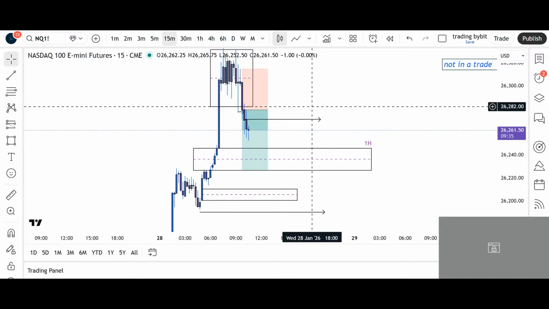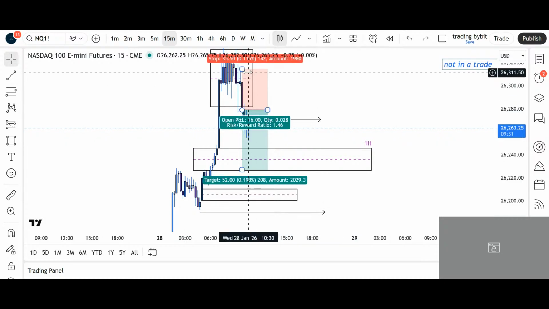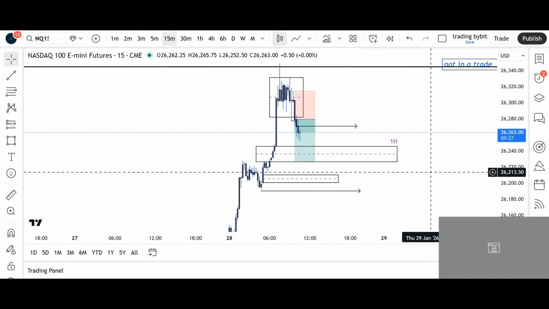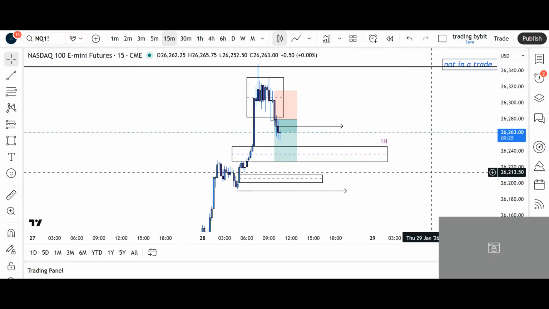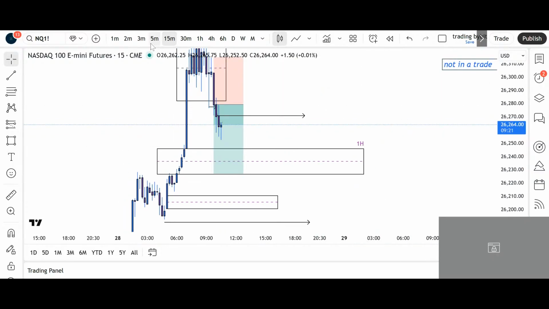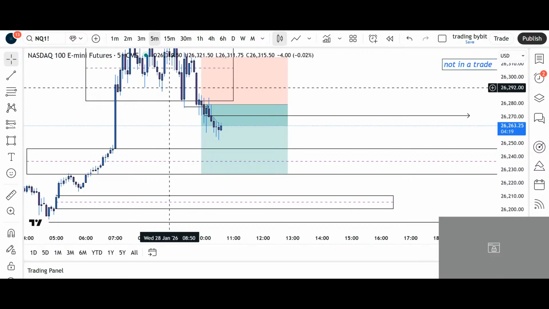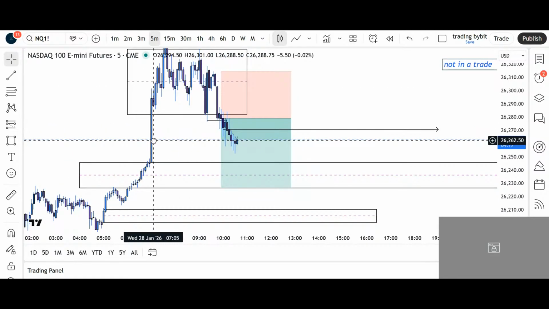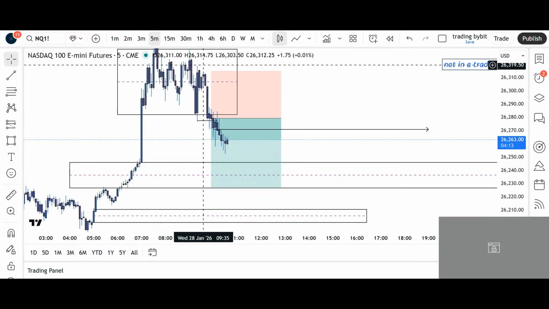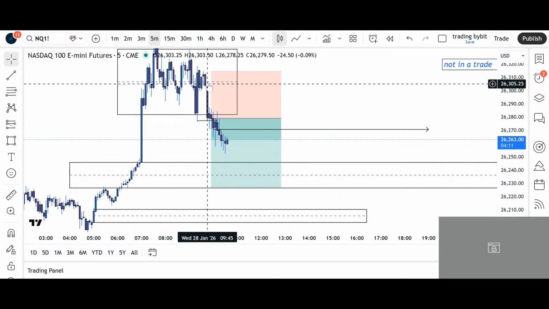It should move further down. If we come back to that 15-minute fair value gap, there is a huge possibility that we take out the full structure back to the upside. And then you don't want to be part of it. It's better to get out than to come back in at this level and put your stop at the same level. If this stops you out, you actually didn't pay anything.